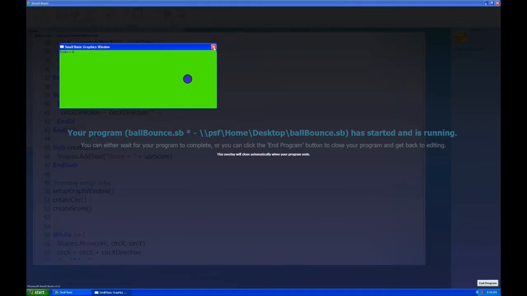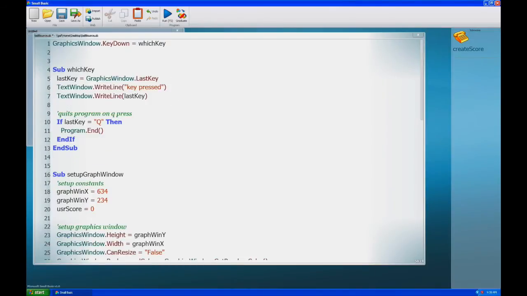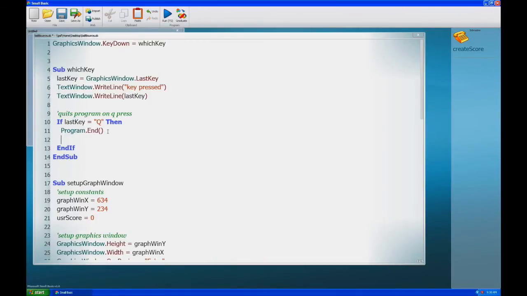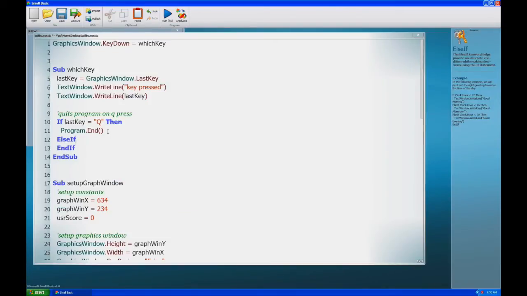which is fantastic. So now we can start thinking about a way to increase score. Well, we've got some knowledge about how to use our key presses, so why don't we go on and say if last key pressed equals Q, then we'll do this. Let's say else if the last key equals, let's say space. I think that needs to be in capitals if I'm not mistaken. If the last key pressed is the space key, then